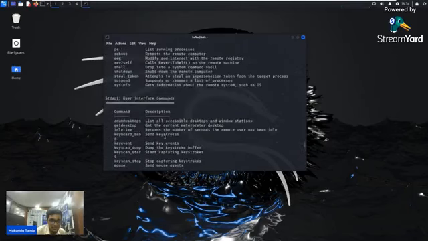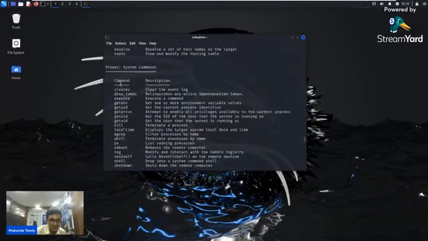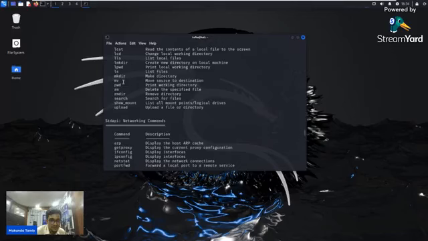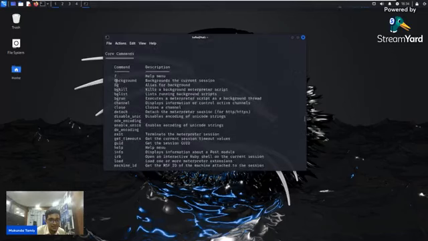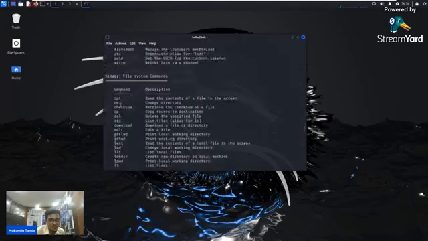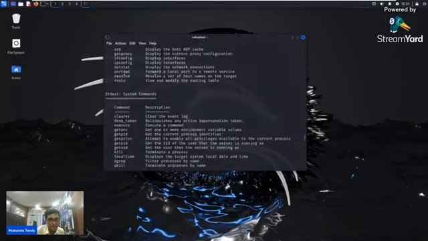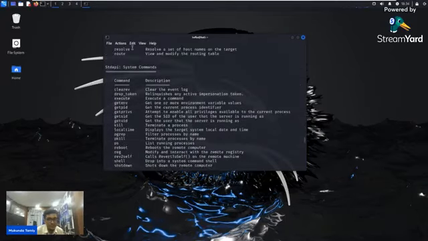If you check the command, there will also be something called autoroute. Let's check. There is autoroute, and IP route to view and modify the routing table.